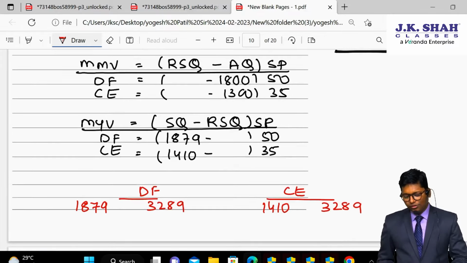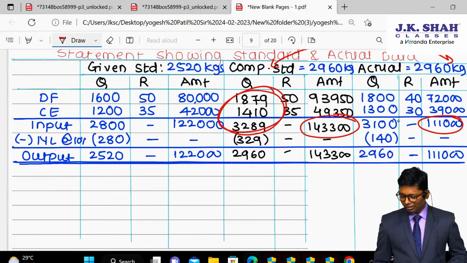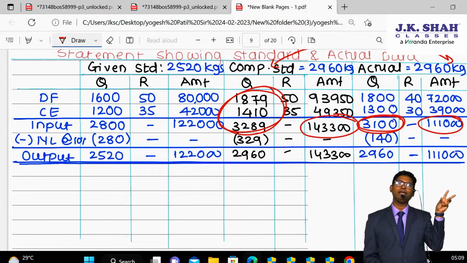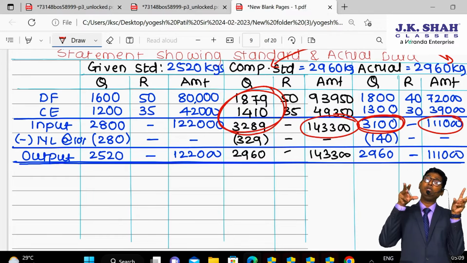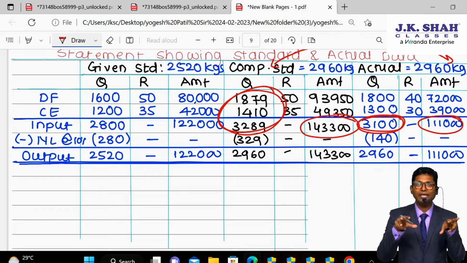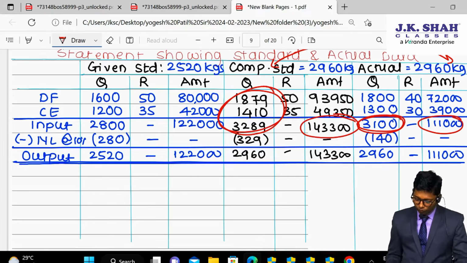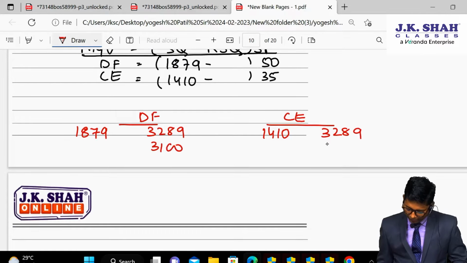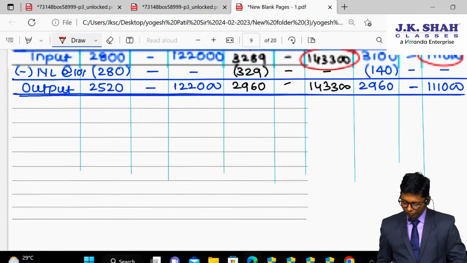Actual input is not 3289. See, no, actual input is 3100 only. There is a difference between the input which is estimated by the company and the input which is actually used by the company. Input has to be the same, then only comparison can take place. So to bring the standard input to the actual level of 3100 quantity,